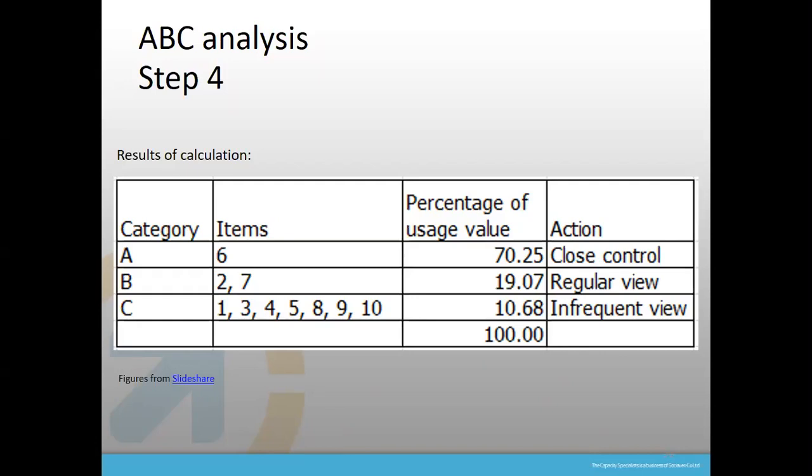Category B, we put items 2 and 7 together. They have together 19.07%. So we want to watch them on a regular basis. What does that mean? In some companies, maybe weekly, and other companies, monthly. We check the stock. Is everything still there? Do we have loss? Loss is when items disappear from the warehouse. Yeah, this happens